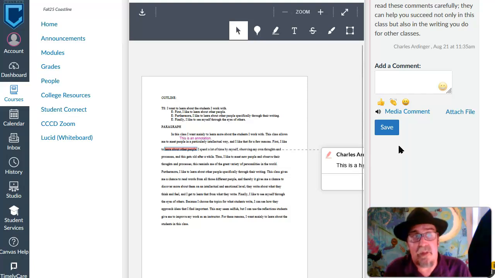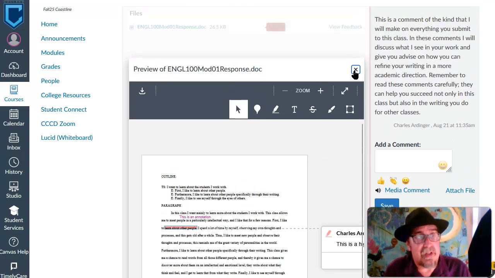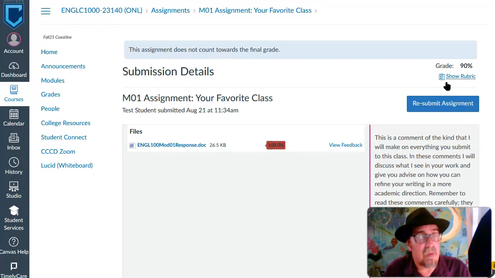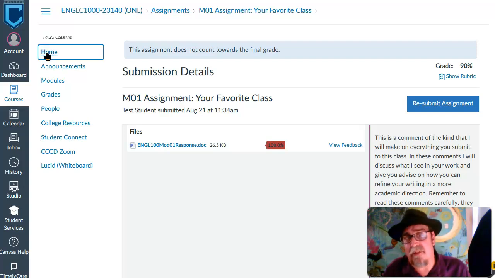So, in these 3 ways, through annotation, and through the rubric, and through a comment, I will leave feedback on your work so that we can communicate about how to refine that work and make it even more academic, more fitting of the kind of writing you want to be doing in a college classroom. But I'd like to communicate with you even more directly if that's possible, and for that reason, I have instituted what I call